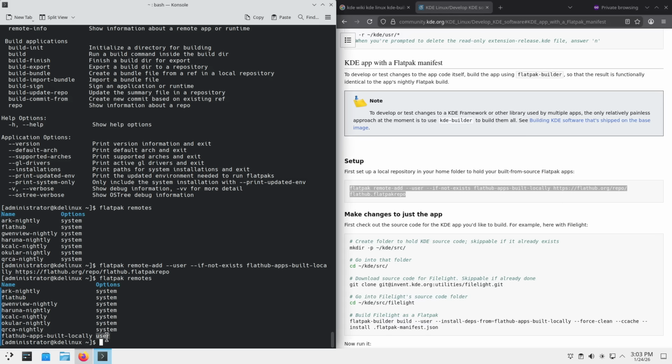Okay, so per user named FlatHub apps built locally, and per system named FlatHub. 2 different Flatpak repositories pointing to the same URL, which is this guy. Okay. Then it says that